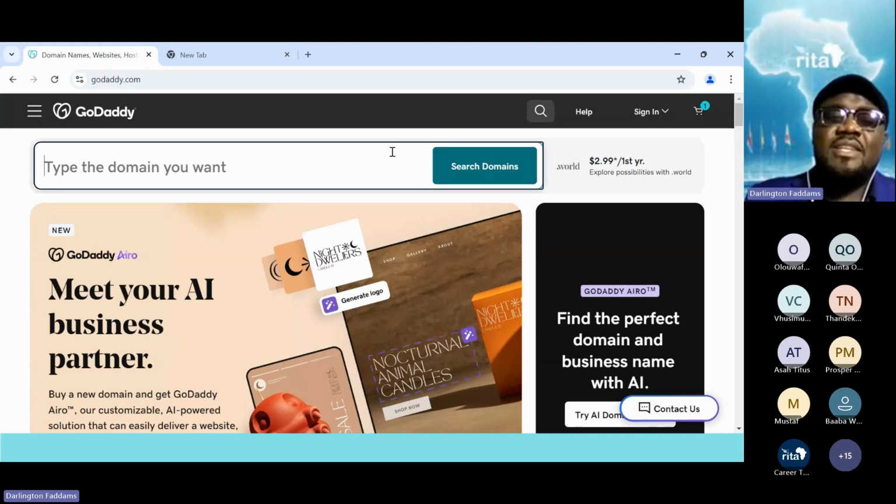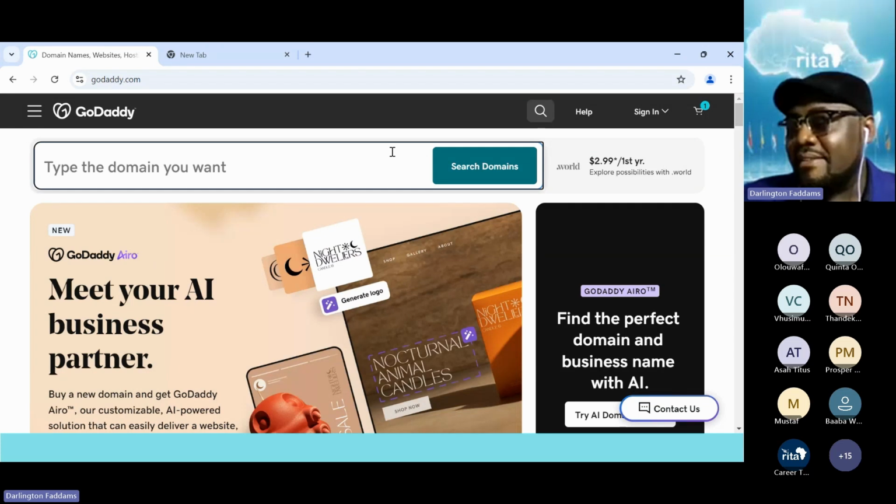I want someone from this class to give us any name that we should check whether it is available or not. So please type something in the chat and let's check. Just type anything, and let's check whether it is available or not available. Just type it and I'll check it for you.